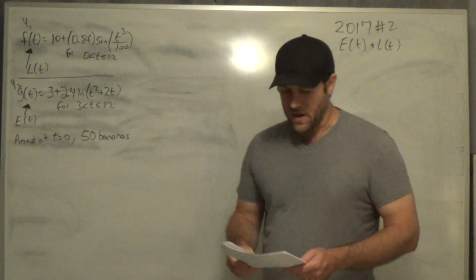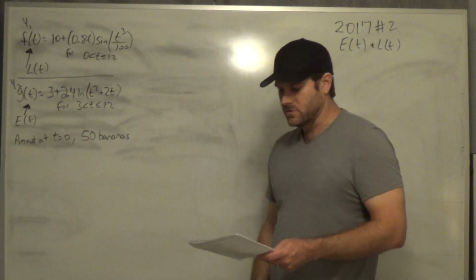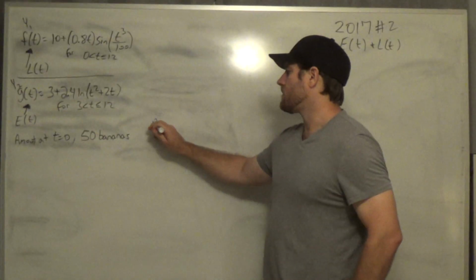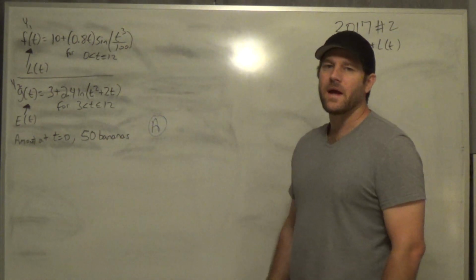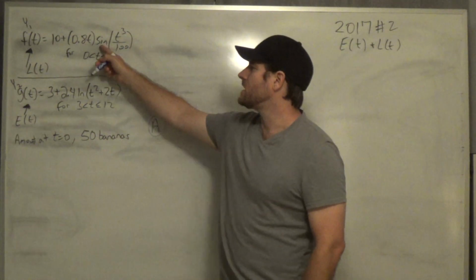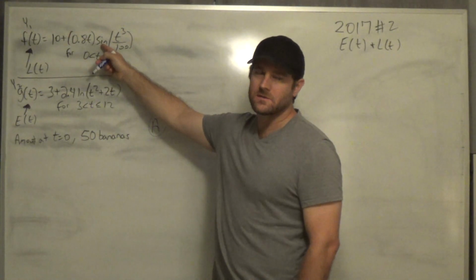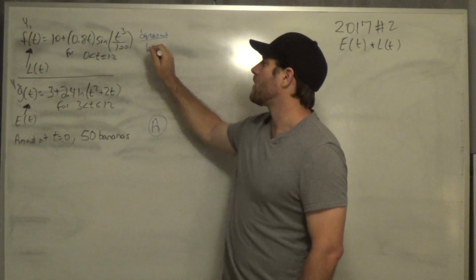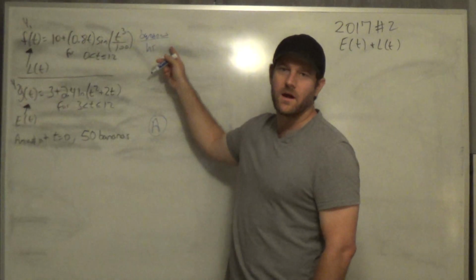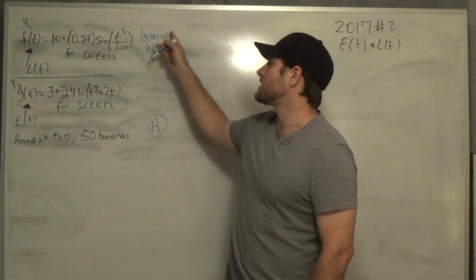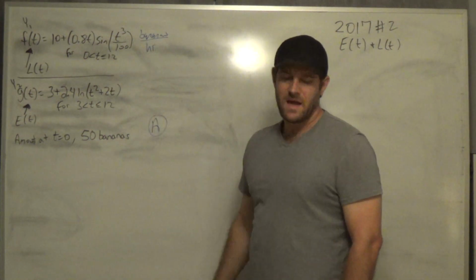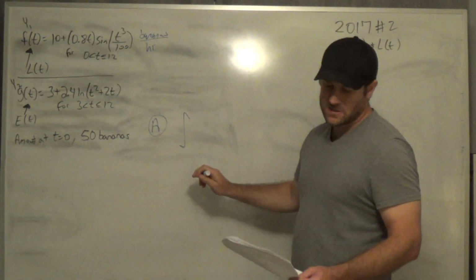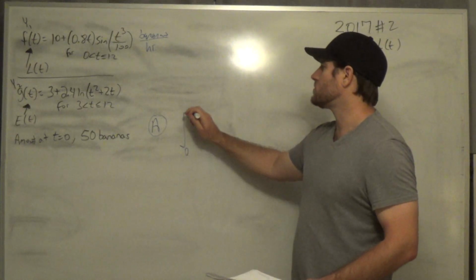Part A says how many pounds of bananas are removed from the table during the first 2 hours. Okay, so again, this is part A. We want to know how many pounds of bananas left. Now, this right here is the rate that bananas are leaving, in bananas per hour. So the area underneath the rate gives you the net change. So if this is bananas per hour, the area underneath this will tell you how many bananas. So we would simply integrate from time 0 to 2, since they say the first 2 hours,